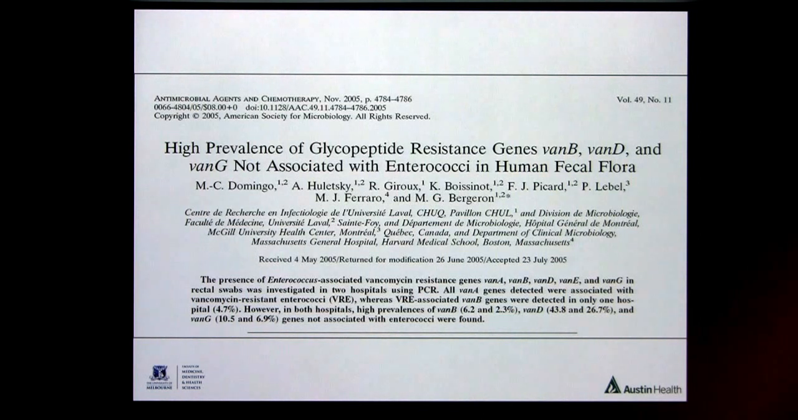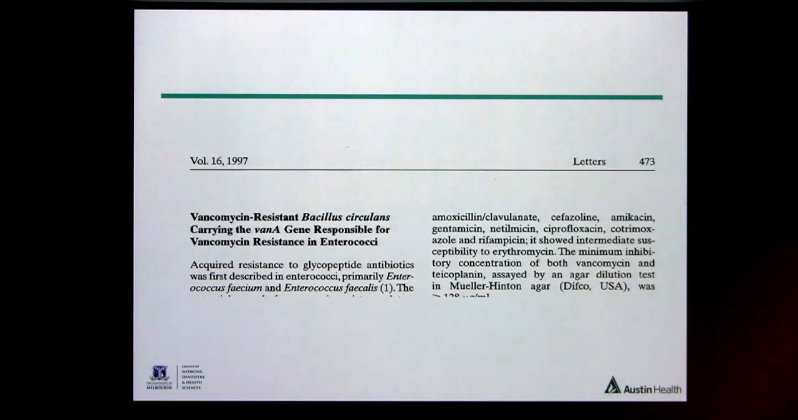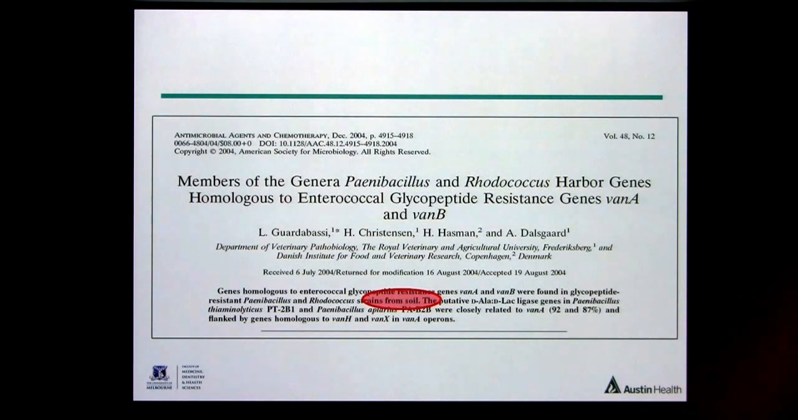So this same phenomenon now has been identified by others in Canada and Massachusetts. You'll see that they talk about between 2 and 6% of people carrying Van B genes. Ruminococcus, there's even this paper from Bacillus. And if you look at other species, there are these bugs in the soil that have been found to